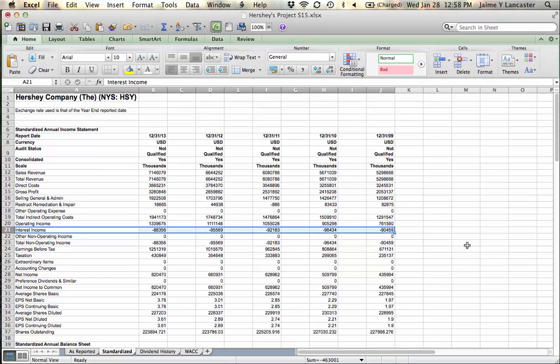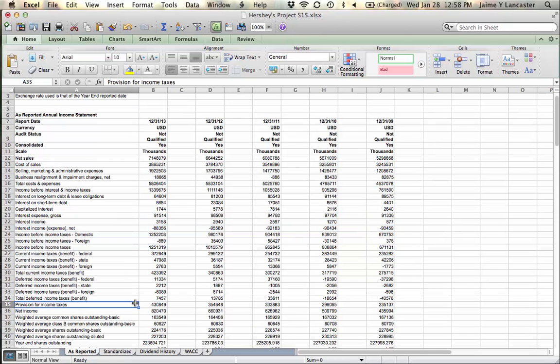This interest income number is the amount of interest they paid plus the amount of interest they earned. So we can't use this number to figure out what our interest rate is on our debt because that's not the total amount. You probably will need to go to as reported. And if you go to as reported, we're going to look for